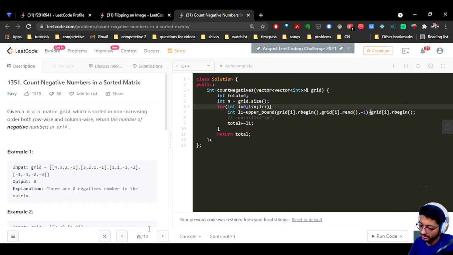So that's the whole thing, and if I get the index, that's the value from which I will get the total number of negative numbers I will have. And that's the total number, and just add the total number to the answer. I hope you understand the logic and the code for